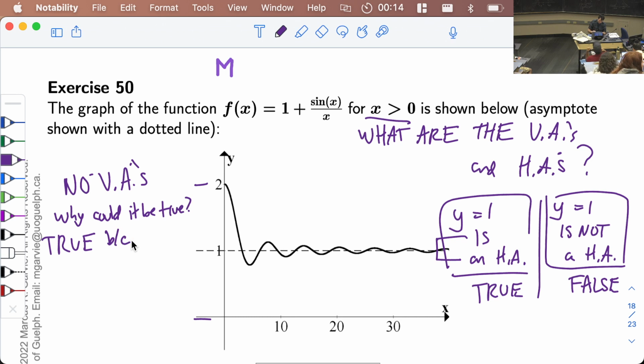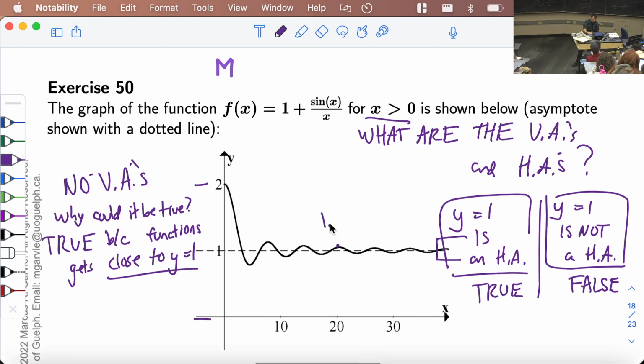True because the function gets close to y equals 1. It's getting close to y equals 1. And what does close mean? Well, close just means within a certain distance. Sometimes it's a little bit above, like here it's like 1.0